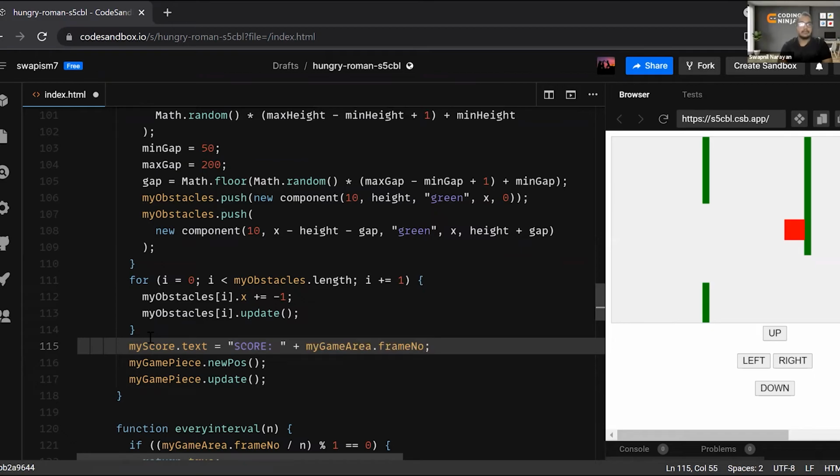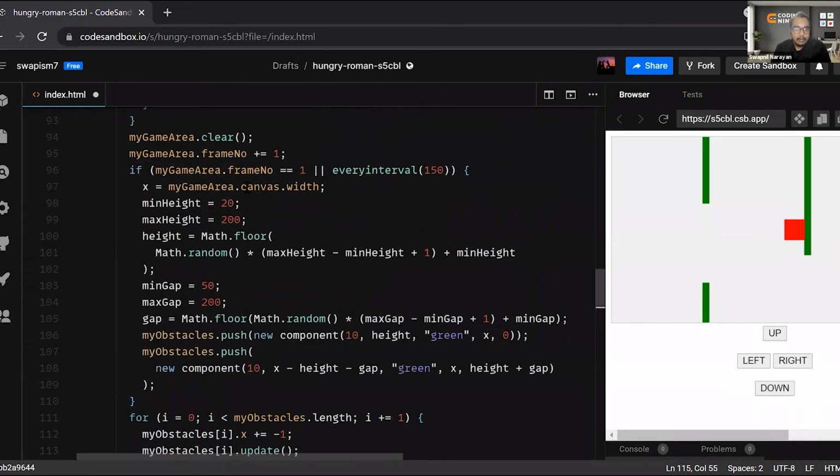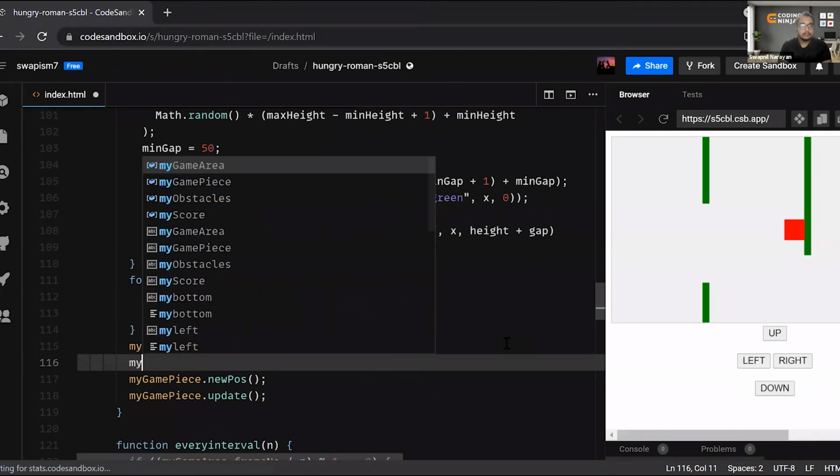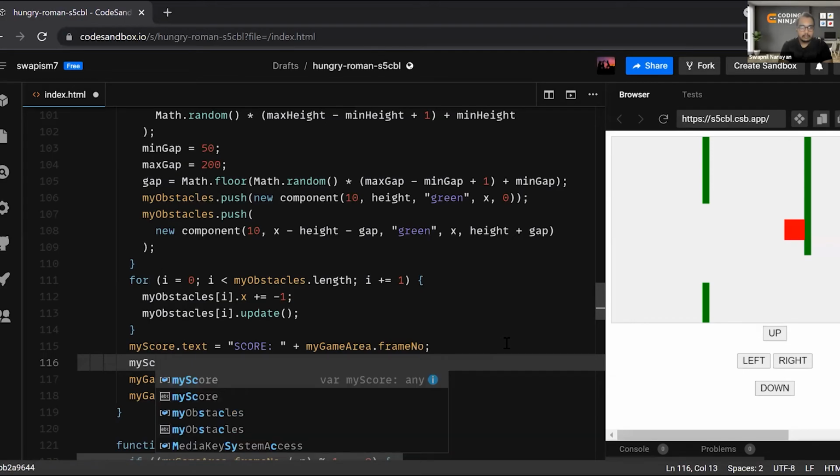That would be it. And after my game area dot clear, my frame number plus 1 will be there. Fine. And then my score dot update.